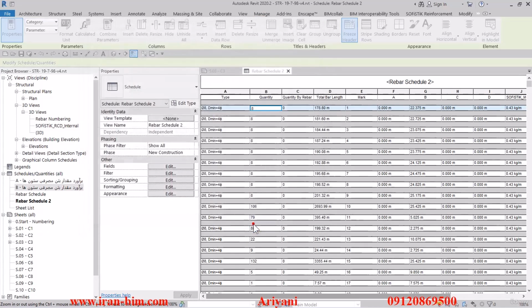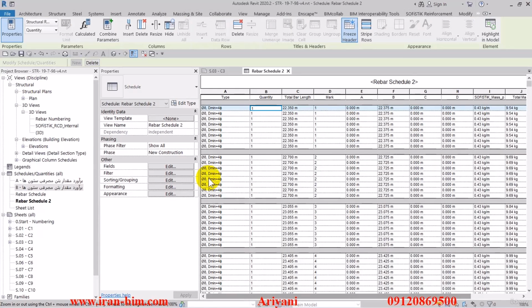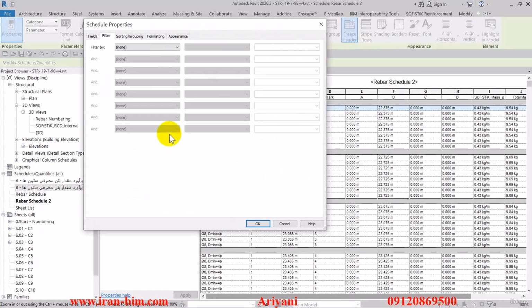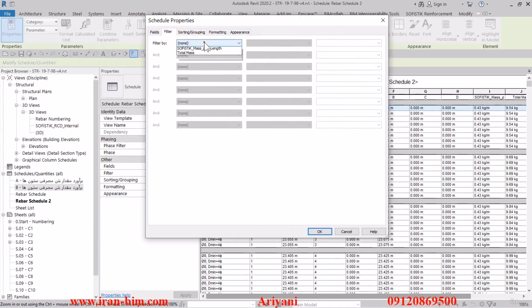Then we'll go over to the Sorting tab and uncheck the grand total box and check the itemize every instance box instead. Now we can do an analysis over here to see which rebar that has been used here is longer than 12 meters. So I'll open up the filter tab and I'll tell it to filter them based on,